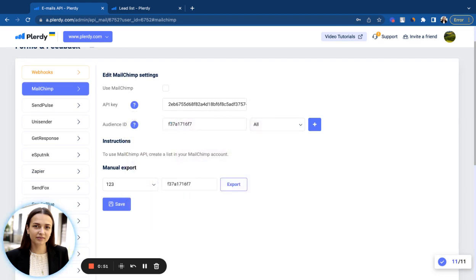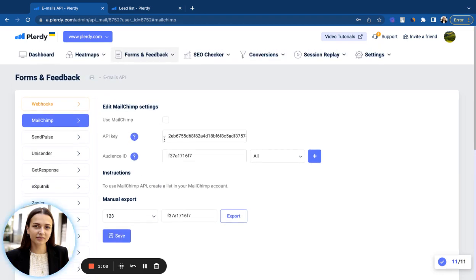Typically, you'll need the API key and the list ID. Also, you'll have to select from which form you want to export the leads, then press export and in the end press save. If you don't use any of these tools and you don't want to use API, you can